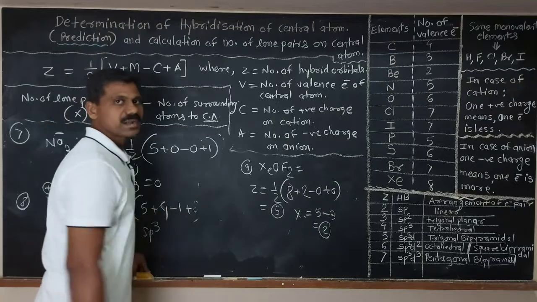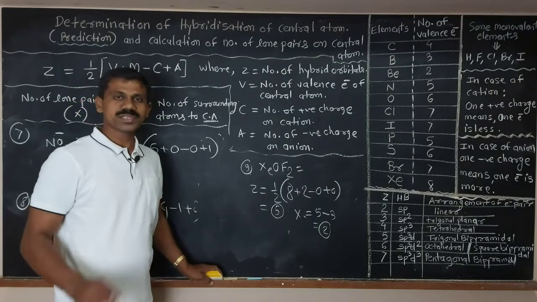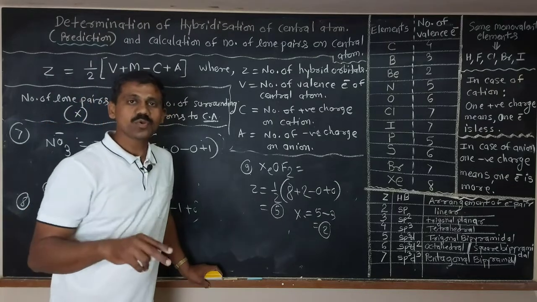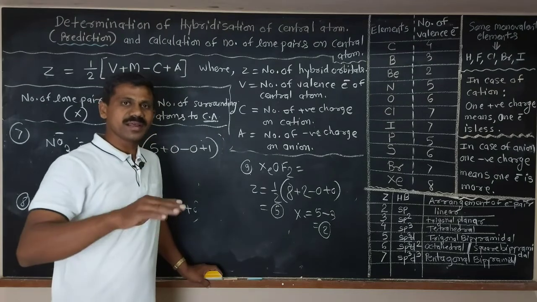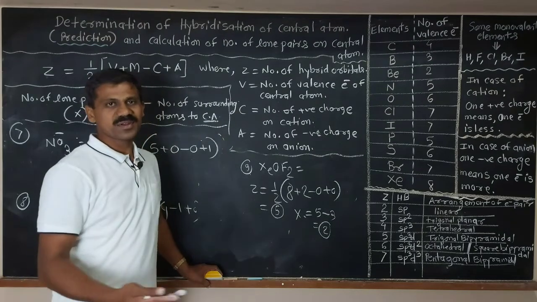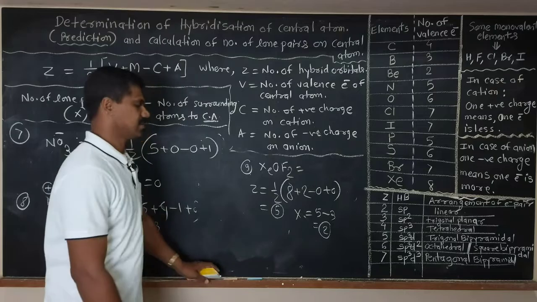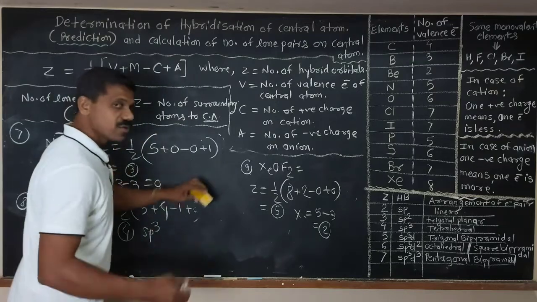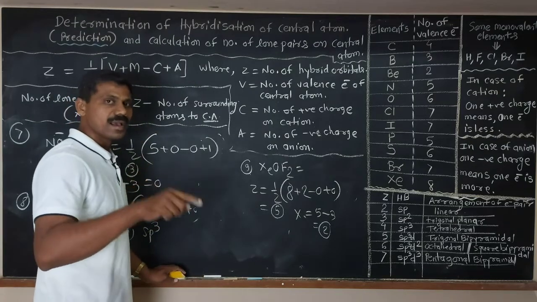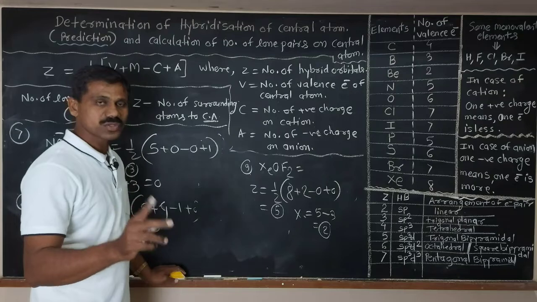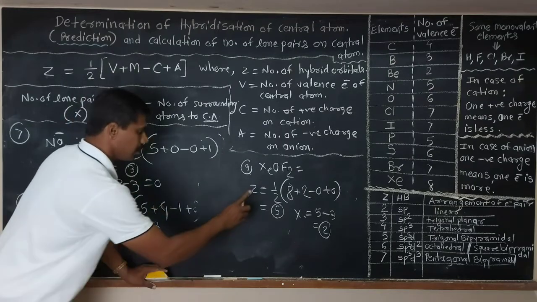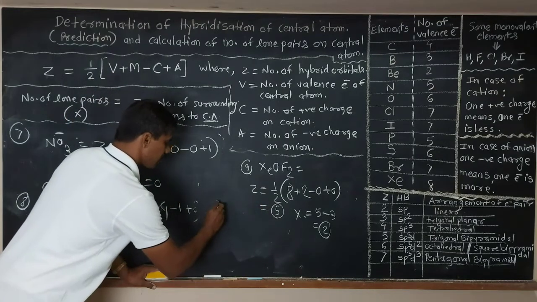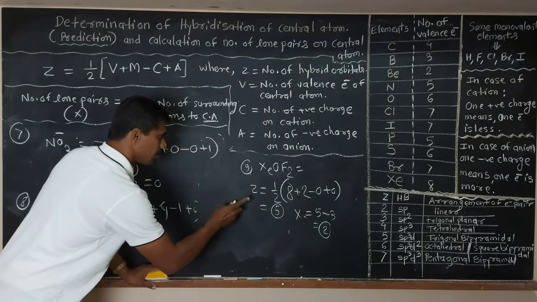For such a concept, trigonal bipyramidal geometry, you must know about Bent's rule to minimize the repulsion. I will not explain in detail here because the concept is for the calculation of hybridization. Okay, if you require, then comment to me. I will make a video on Bent's rule also, or shape and geometry clearly. Okay, trigonal bipyramidal is like this.